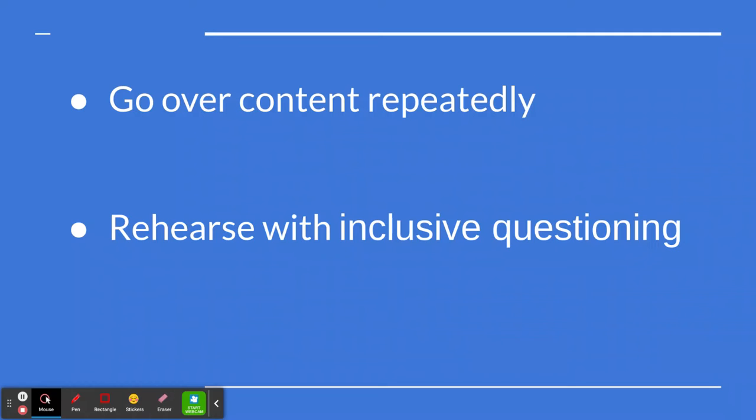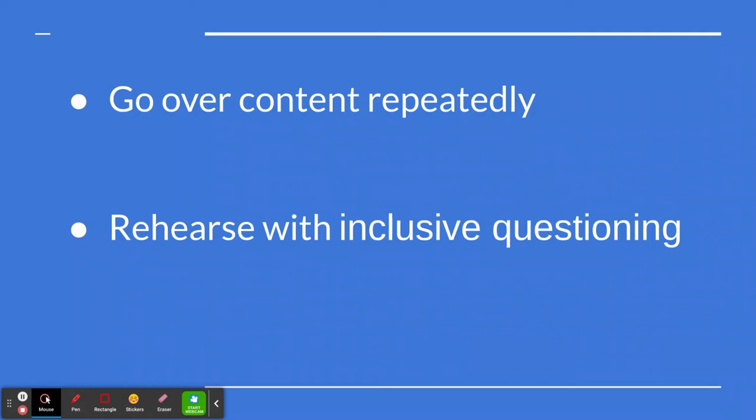It's worth knowing that obviously this benefits those learners that lack confidence, but those learners that are quite good at recall can't overlearn material, so they don't get disadvantaged by repeatedly going back over content. And it's important that learning is consolidated with inclusive questioning, so students rehearse the material.